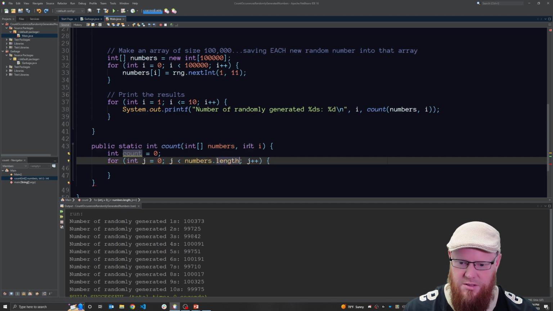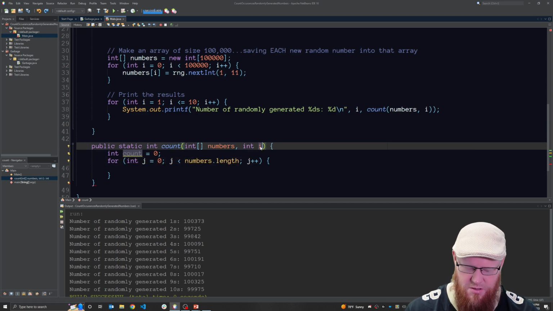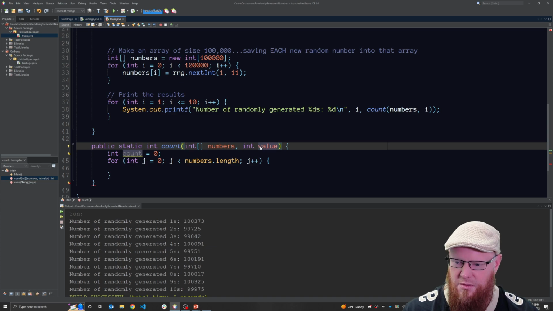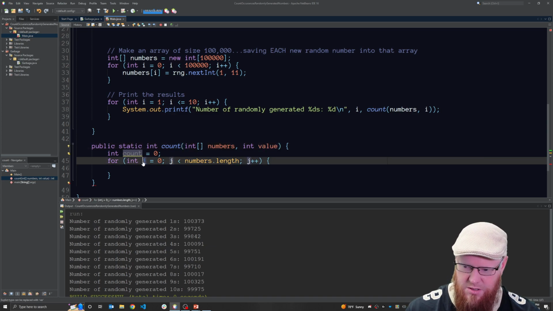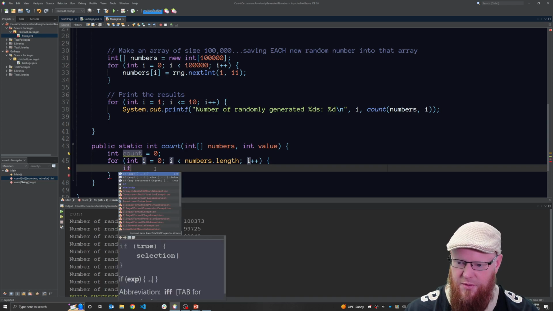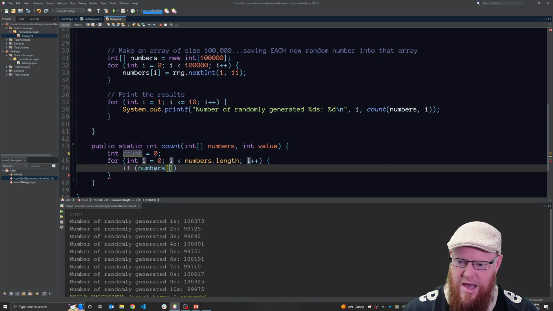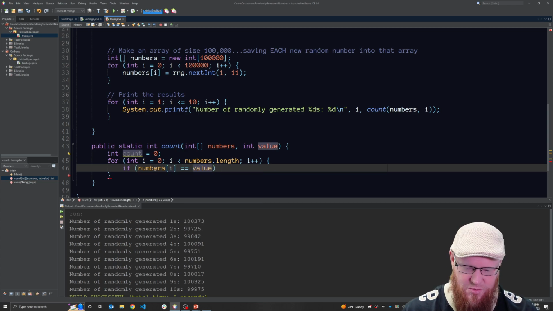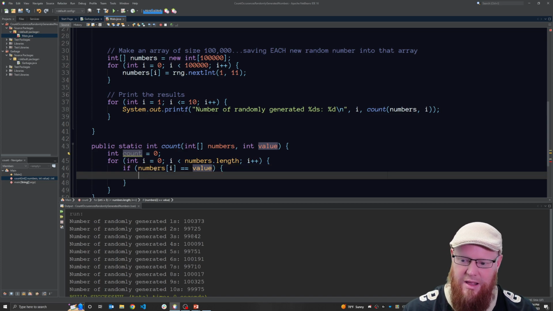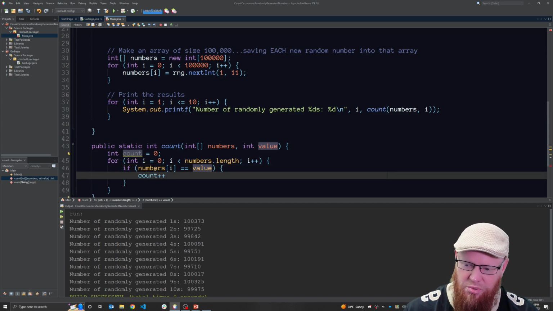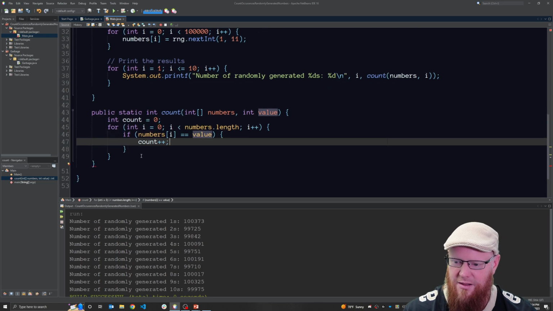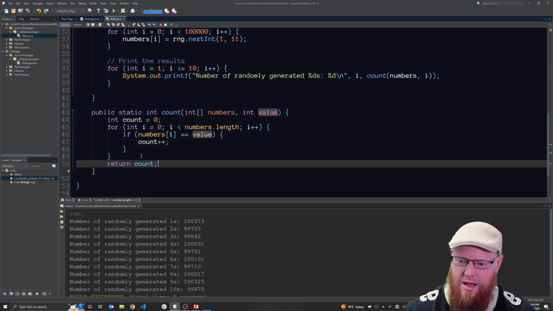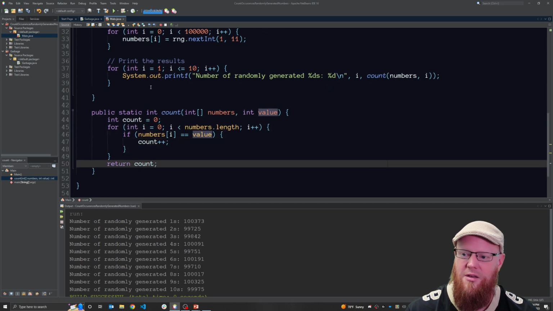Here, I'll do this. Let's just call this value, and I want to rename this to I. I just like I with my for loop. Cool. So if numbers at index I is equal to value, so let's say we're looking for threes, we'll be checking every single one, trying to count up how many threes, count plus plus, finally return count. This is hideous, but